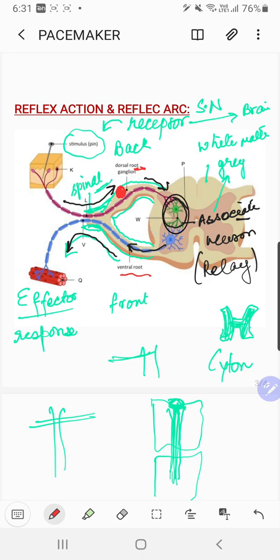So this is what you have to understand, that stimulus is received by the receptors present on your body. These receptors could be audio receptors through your ears, they could be photoreceptors through your eyes, they could be sense receptors, I mean those which are present on your skin, right?